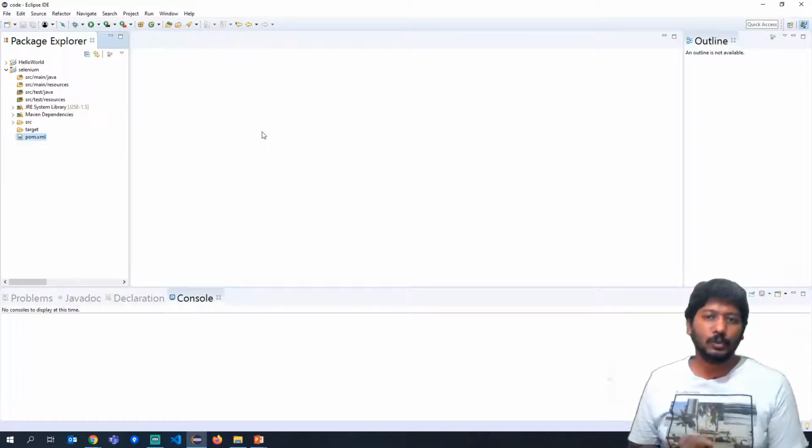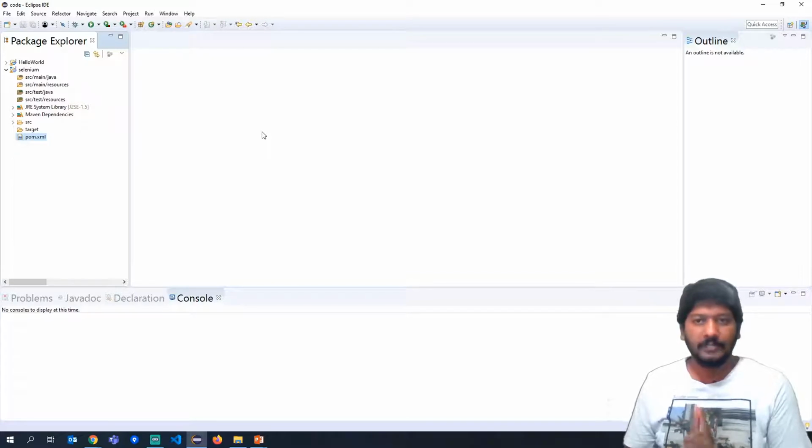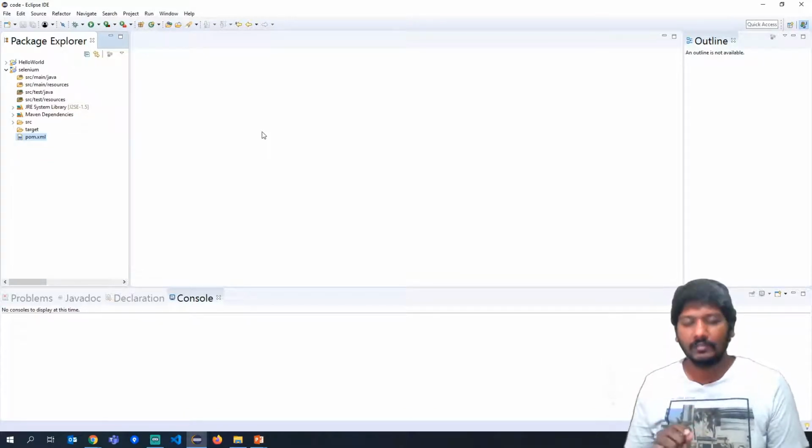Now what we have to do is, there are two ways of launching a browser. In this video, I'll be talking about the first type, where we have to download a particular chromedriver.exe file if you want to work with the Chrome browser, or there'll be a Gecko driver if you want to work with Firefox. Similarly, there will be others for other browsers. So we are starting with only the Chrome browser. So you have to first download a file called chromedriver.exe. Let me download that file.